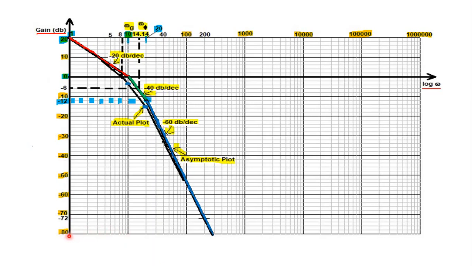For example, you take log 1, log 2, log 3, log 4, log 5, up to log 10. Whatever values we get, the difference between log 1 and log 2 will be more, log 2 to log 3 will be less, log 3 to log 4 still less, and log 9 to log 10 still less. Then when you go from 10 to 20, again it will be more, 20 to 30 less, and it goes like that.